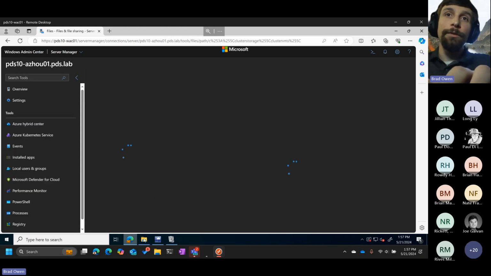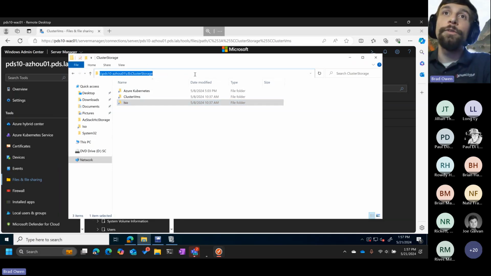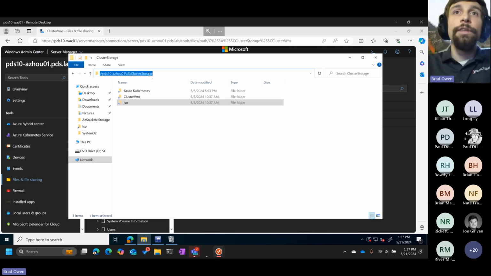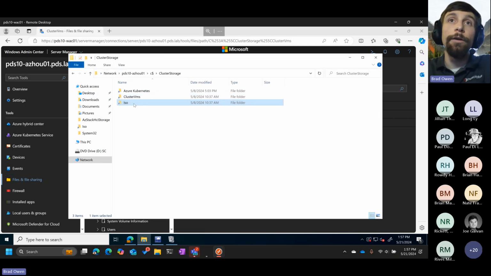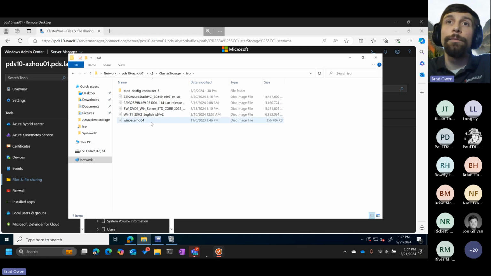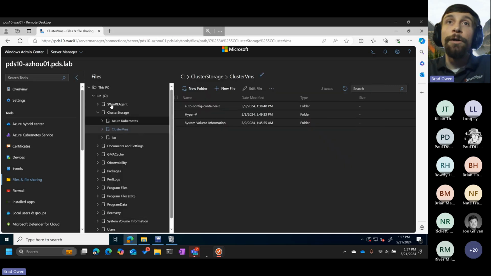Say, for example, you don't necessarily want to have to log into that. You can use Windows Explorer just as you normally would, right? We just RDP, or we type in a network location, in this case, one of those nodes. We hit the $, which is where our cluster storage mount point is. And you can see all the same volumes which were available there are also available here. So you can click and drag and delete and manage the data within these volumes using, again, familiar methods. If you don't want to, you can stay completely in this interface as well,